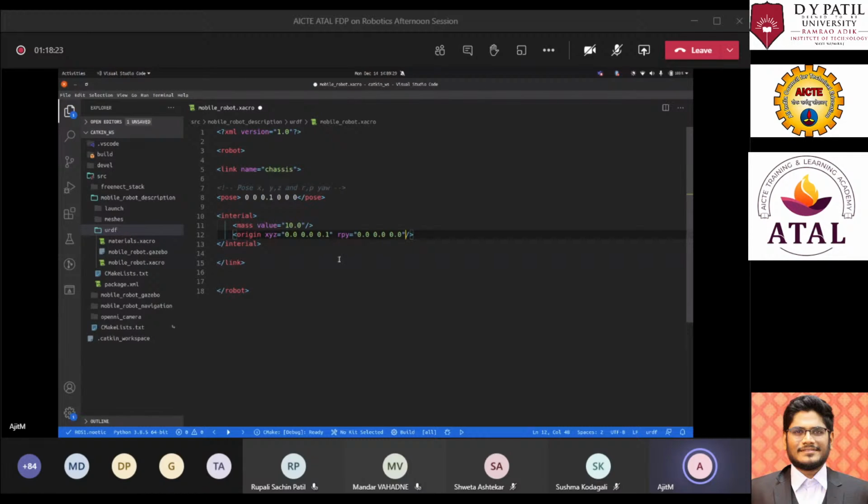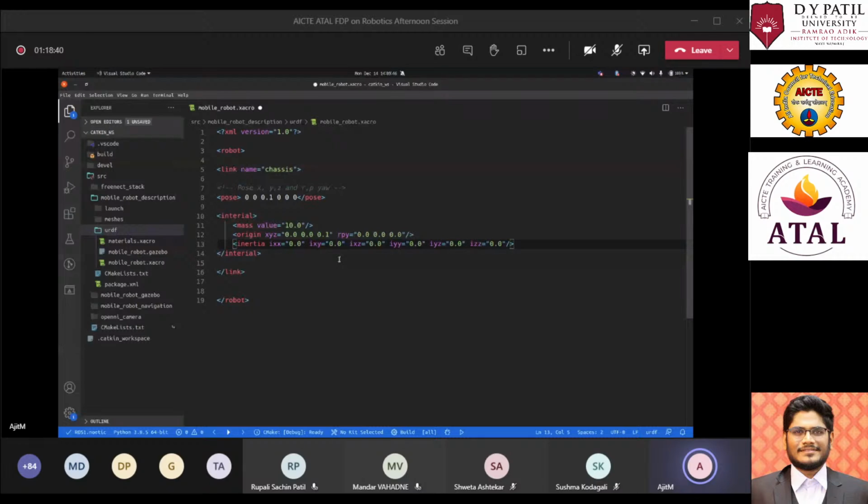Now, the next thing which needs to be included in the inertial tag is the inertia of that link. When you see the inertia tag, what does it mean? Basically, every link of the robot has some inertia attached to it.